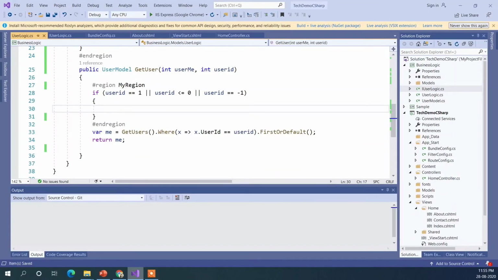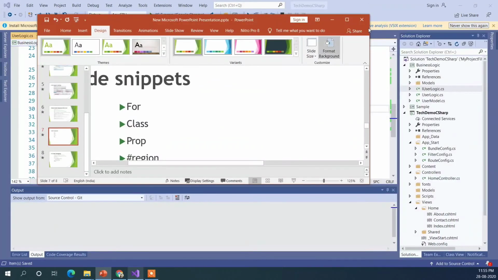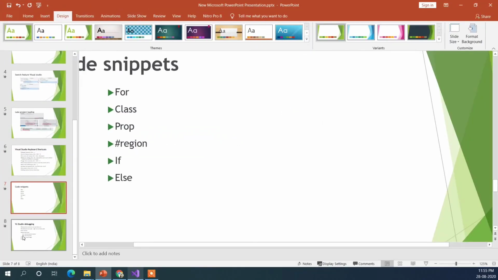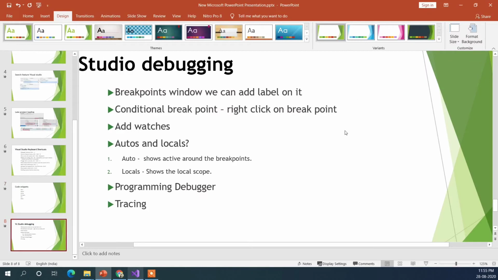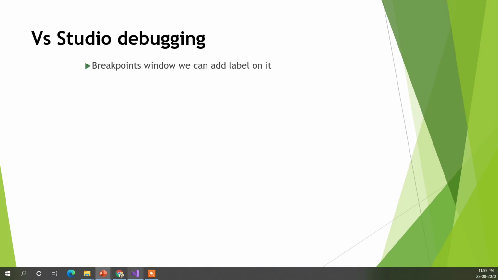So the last thing we have, I think, is related to debugging. We have seen that we can add breakpoints. We can add conditional breakpoints as well.